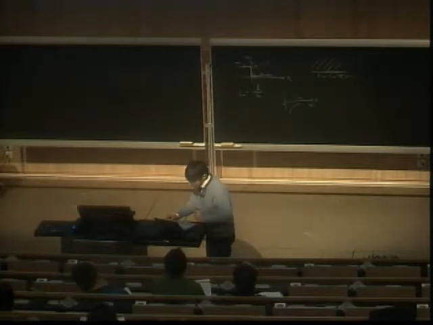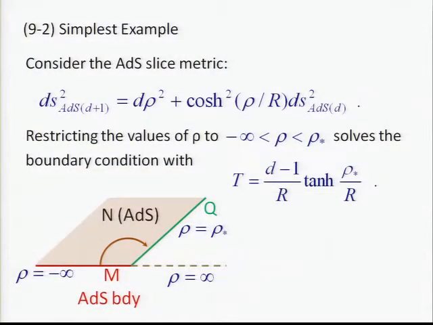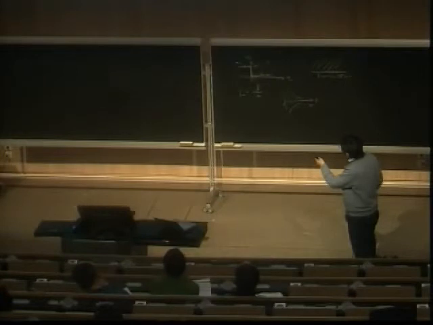So in general, it's a rather complicated problem to fix this. But there are several simple examples. So for AdS slicing, we take the following AdS slice. AdS_{d+1} is sliced in terms of AdS_d with one radial coordinate, which is called rho. So hyperbolic cosine and log over R squared appear. This is a very familiar parameterization of AdS space. And this is the boundary of AdS, and this is the Z direction. This is the boundary of AdS, but now we only keep one half, the semi-infinite part of the boundary, and this part is cut out. So forget about this region.